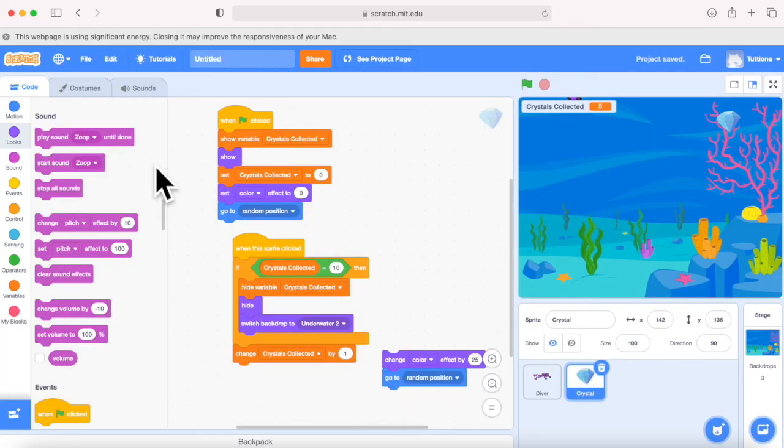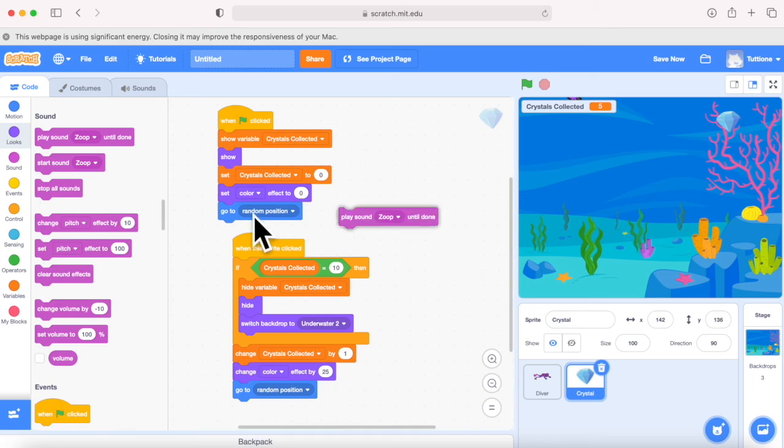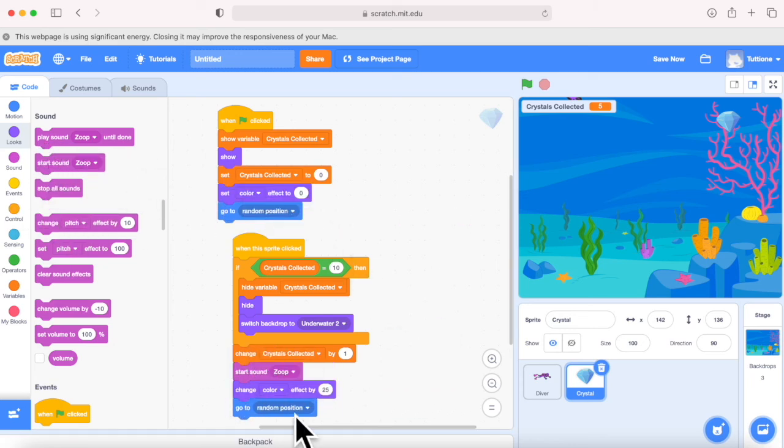The sound I picked was the zoop sound, which sounds like this. So what I can do is put that in, but it has to be start sound zoop so that everything else will happen while that's playing. Then if I press the green flag, when I press it, then